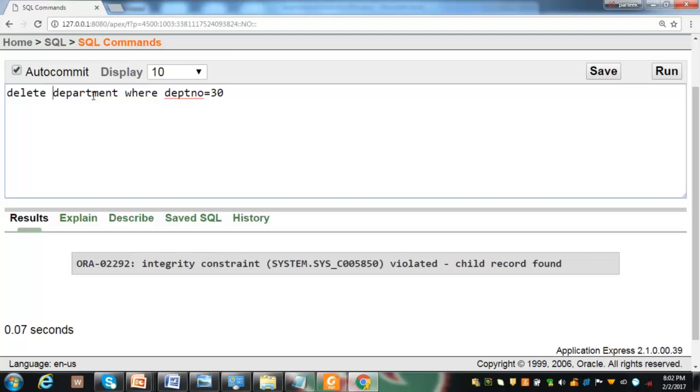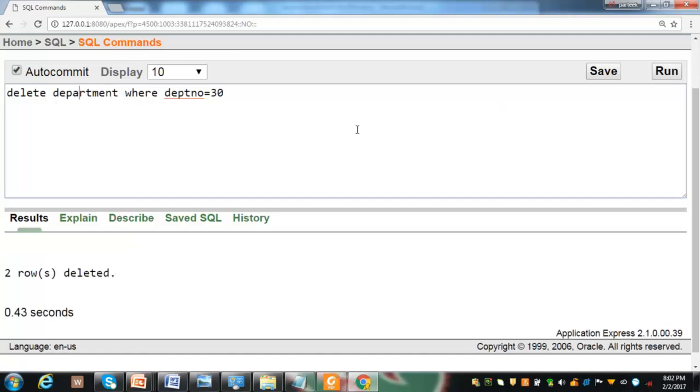So for this, first we need to delete employee table's department number 30 records with the use of this statement. Then only we can remove records from department table. Because here we have created our table with on delete restrict option. This is the default option.